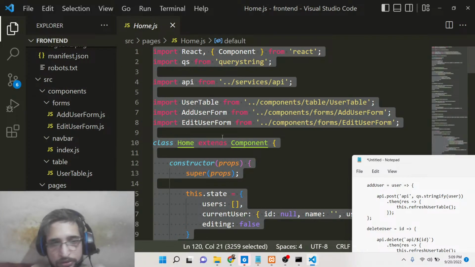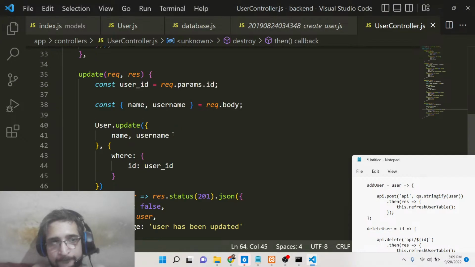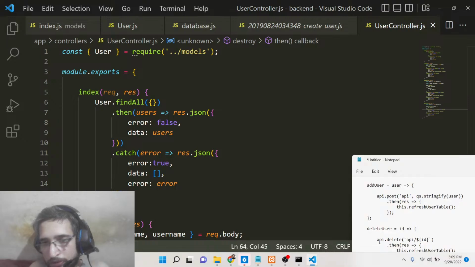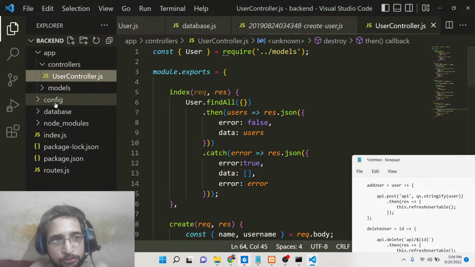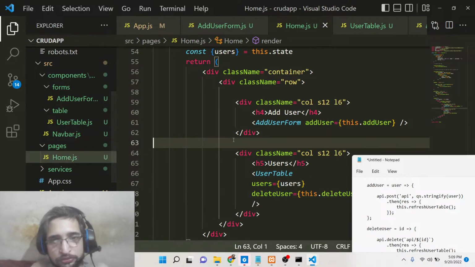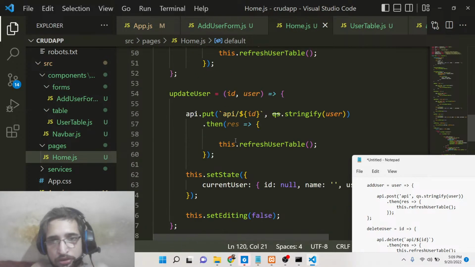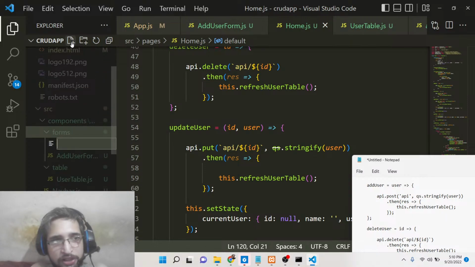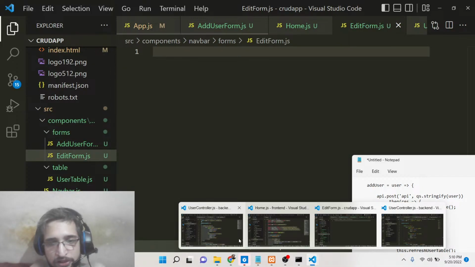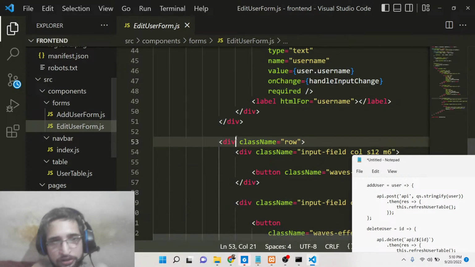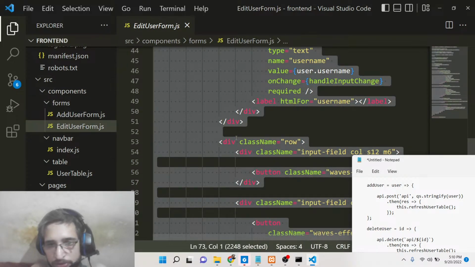Also paste this here. Let me complete this application. It will take a lot of time here. So home, where is the home page? For this, inside your forms here, we need to create a new form for the edit operation as well. So edit form.js, just create this file, and I have given this source code in the description of the live stream. Simply, this is the edit component. So just copy it,